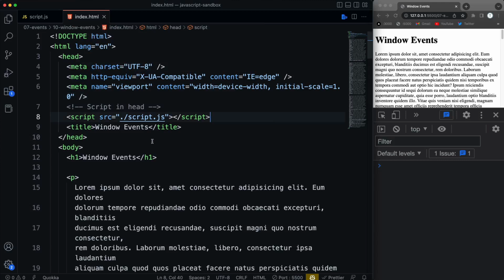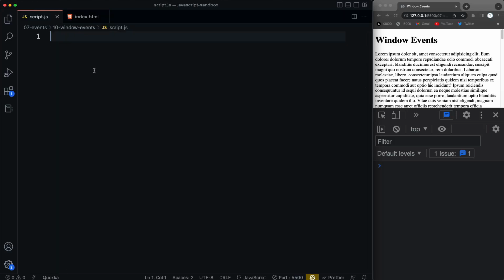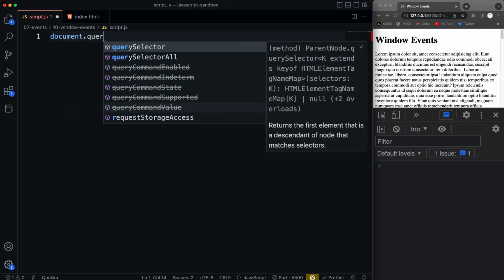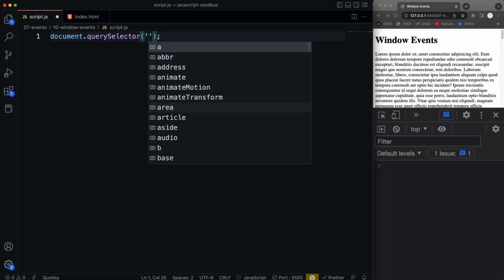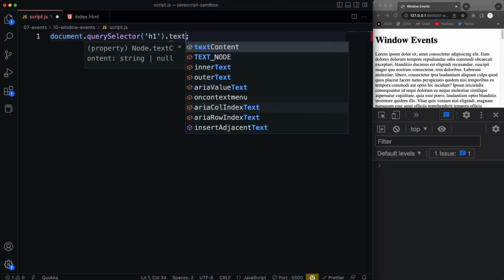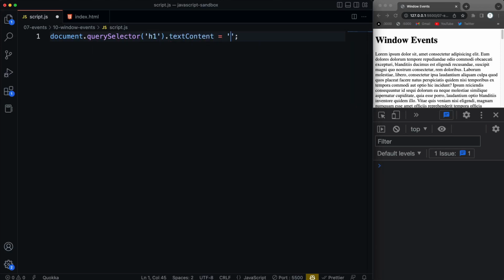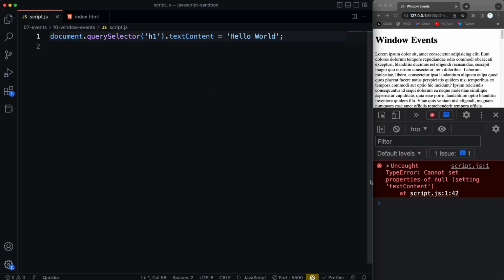So you'll notice that in the HTML for this lesson, I have the script tag in the head. And this was something that was very common practice back in like the 2000s. So I just want to show you if we keep the script tag in the head and then we select, let's say query selector, and all I have on this page is just an H1 and some paragraphs. So I'm going to select the H1 and I'll set the text content to hello world, and I'm going to save. So you'll notice that we get an error in the console that says cannot set properties of null setting